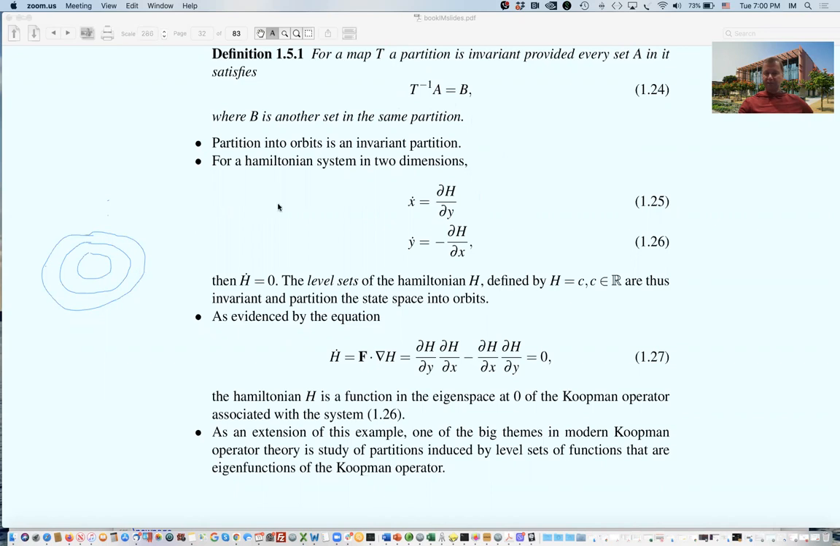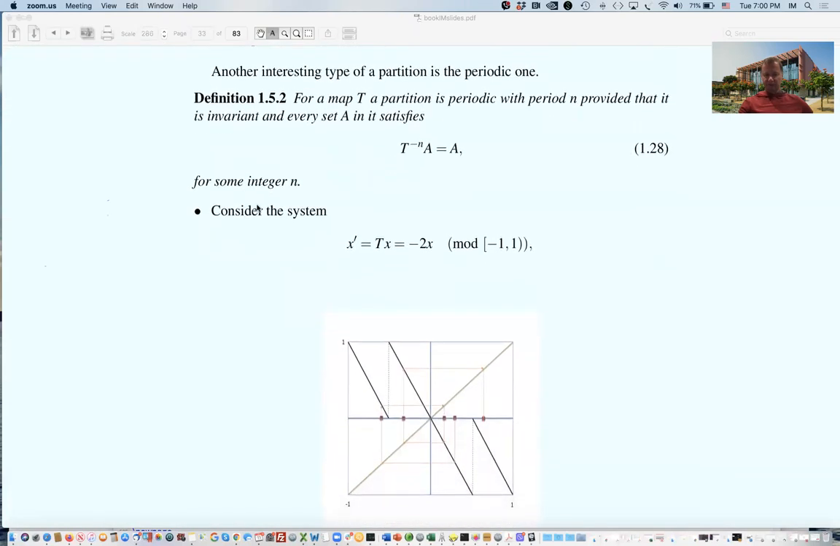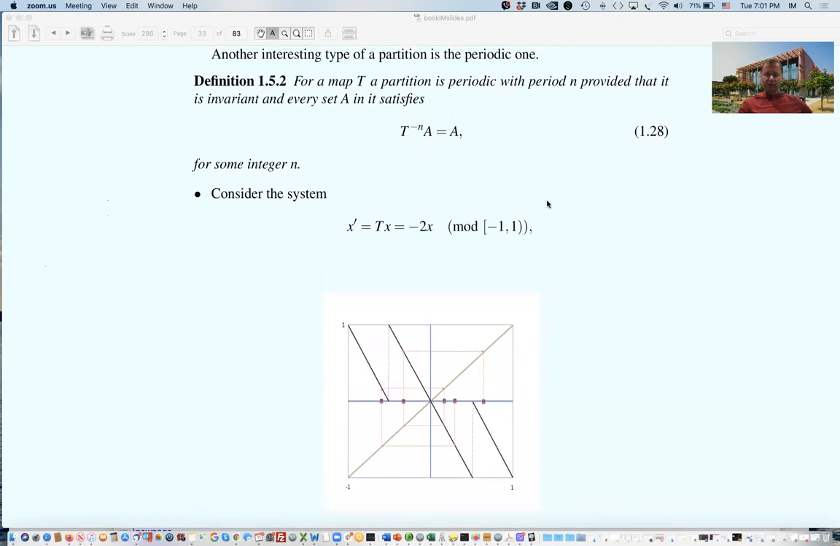But we could ask, well, there are other interesting partitions where the sets get mapped into each other and not just into itself. And the simplest of such non-trivial ones are periodic partitions. So if one takes a map T, a partition would be periodic with period n, provided that it is invariant, and every set A in it satisfies T to the minus n of A is equal to A for some integer n. Now, typically we take the smallest such integer n to reflect the exact periodicity. So here is an interesting non-trivial example in which a periodic partition